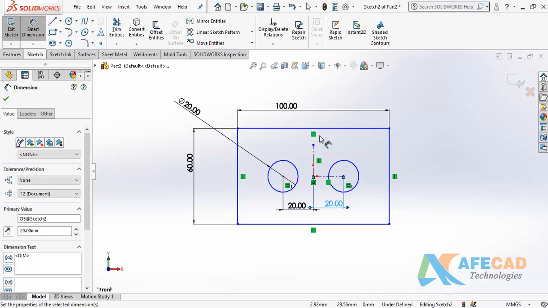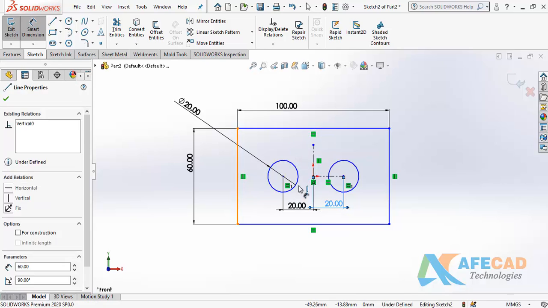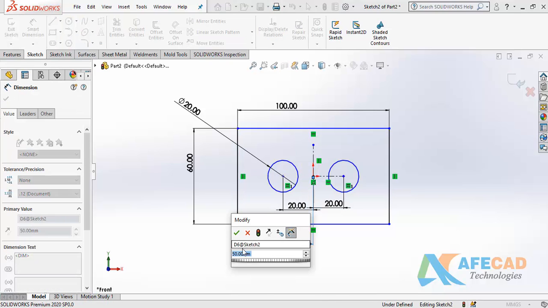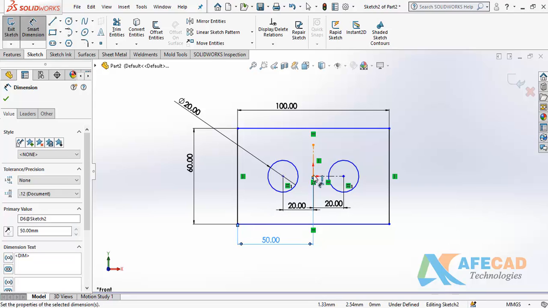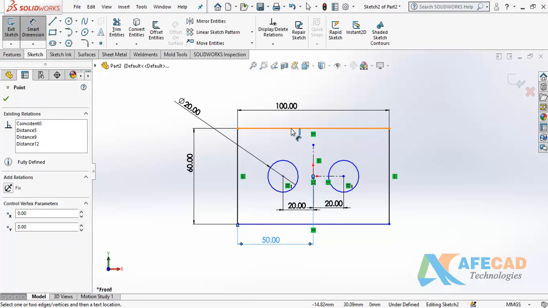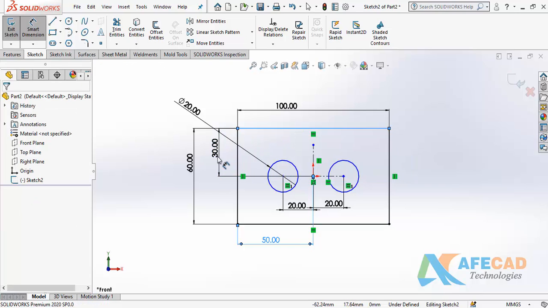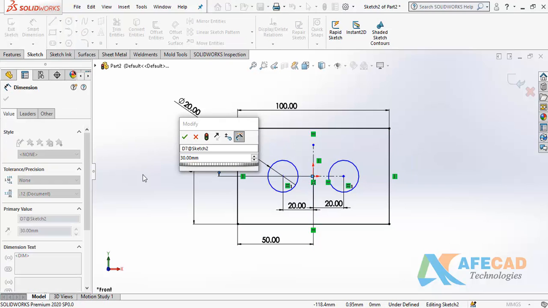And as I'm saying this is 100, so I can apply one distance from here to here, this is my 50. Okay, and I want to apply one more distance from here to here, this is my 30, this is also okay.